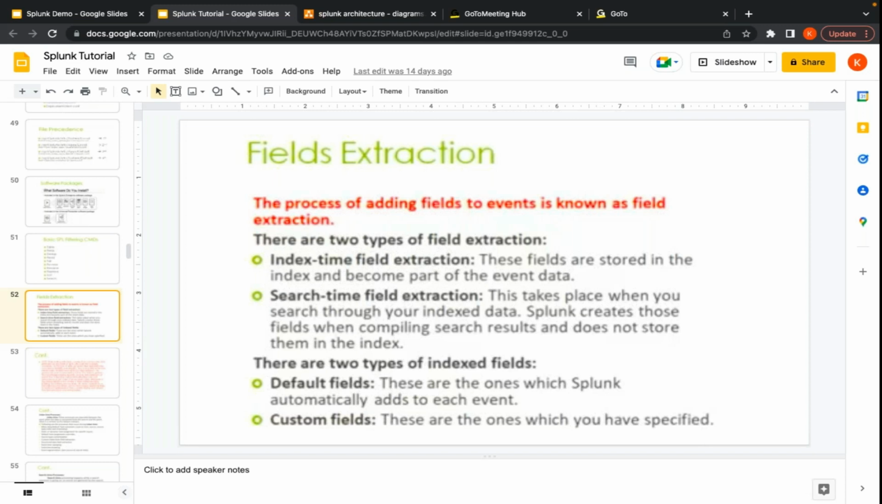But there is a disclaimer over here. So what is that? What Splunk says is, even though at index time you can create custom fields or default fields, both types of things you can create at the time of index time field extractions,